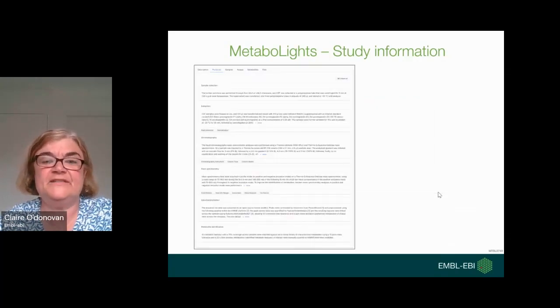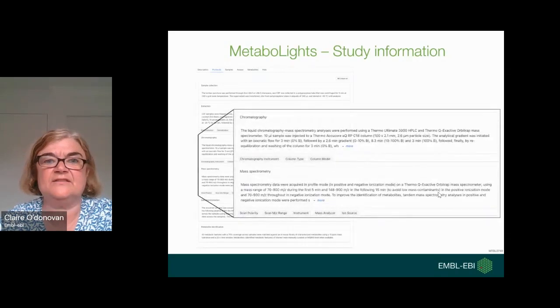So this is the kind of data that we capture, which is quite similar to what you will find in the paper. But the thing is, a lot of this is free text. And we have done quite a lot of work with German colleagues about exactly how much of this instrumentation information needs to be captured. We're working with them on expanding this into further controlled vocabularies so that it is necessary to have all of this information in order to reproduce the studies, which is